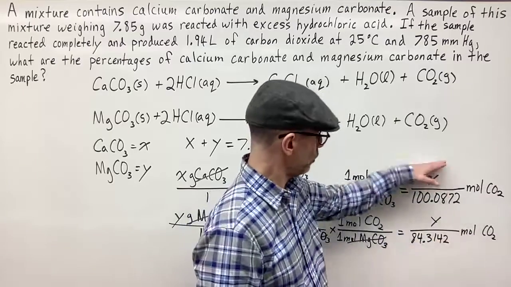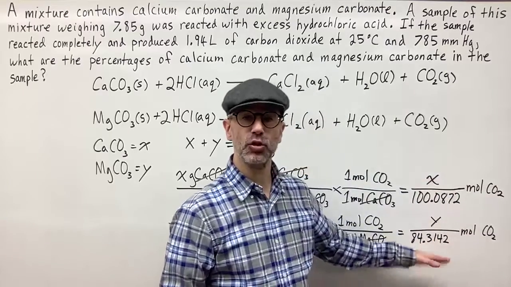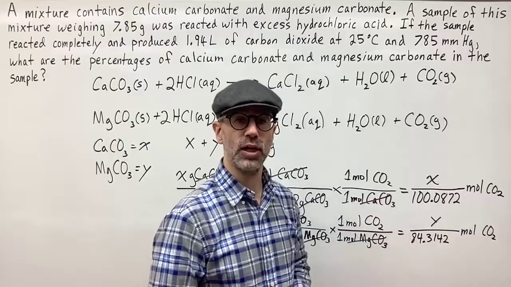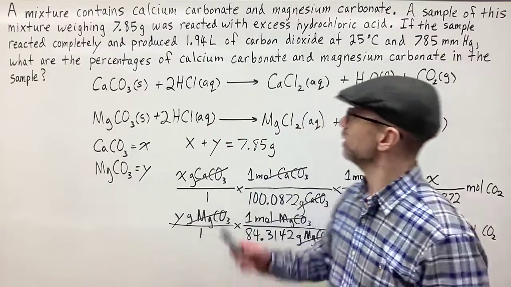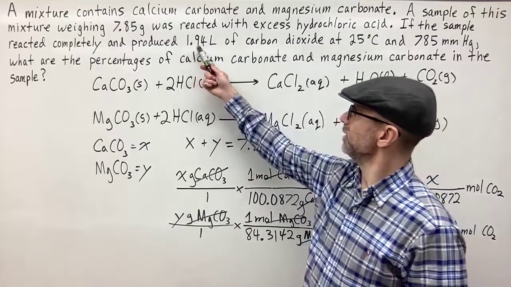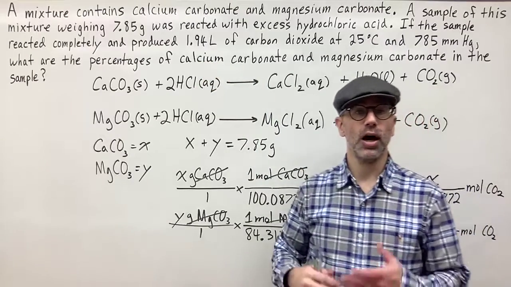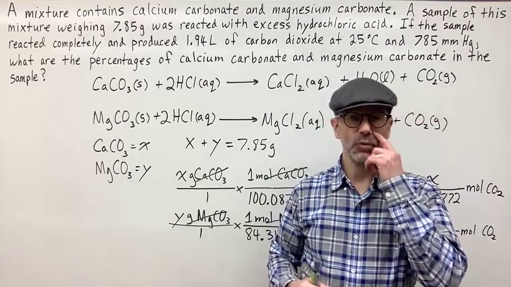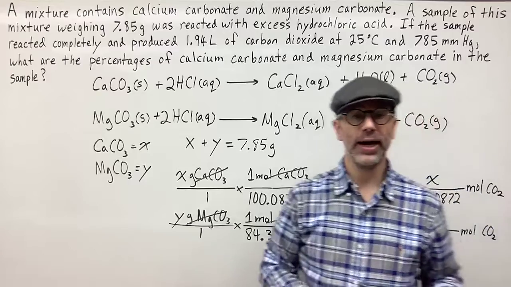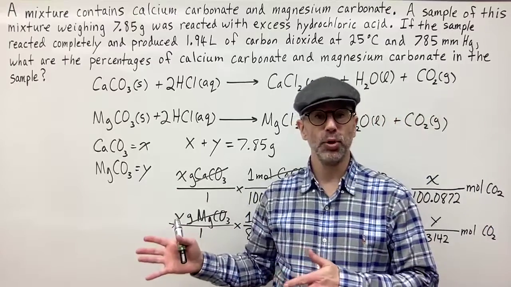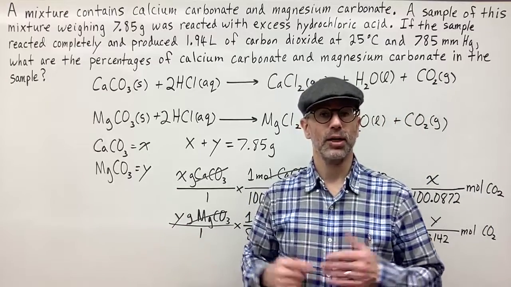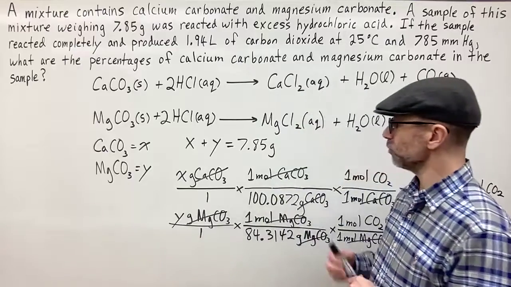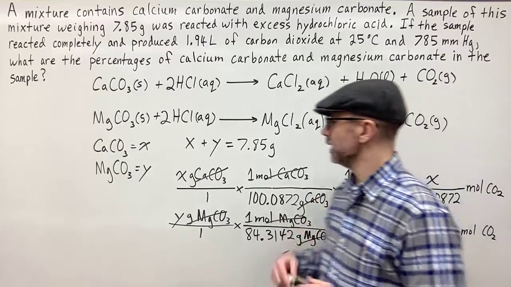And then both of these added together will give me the total amount of carbon dioxide, and they told us that that is going to be 1.94 liters of volume. So now we can go ahead and put this into our equation, but what we need to do is